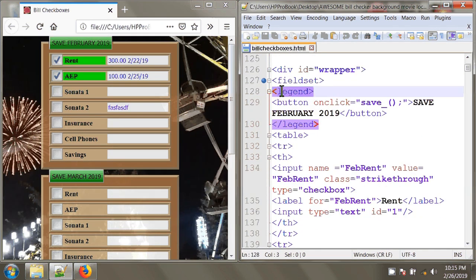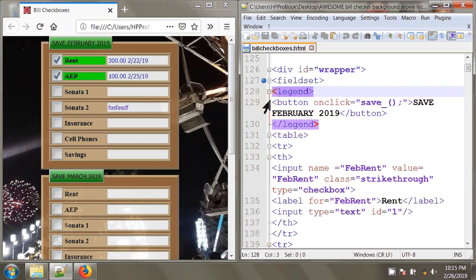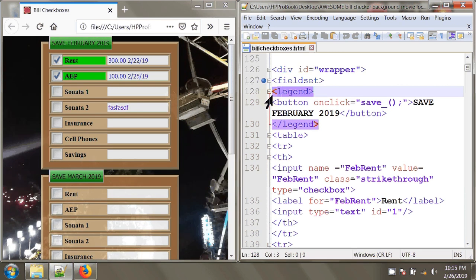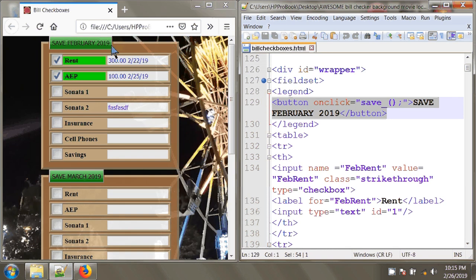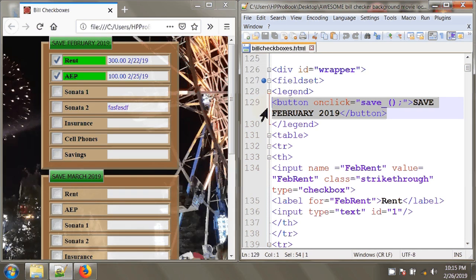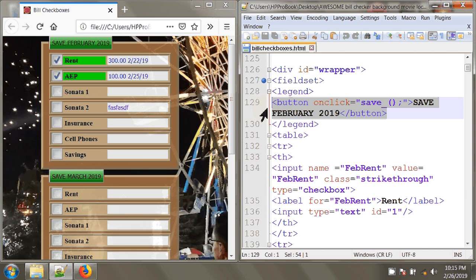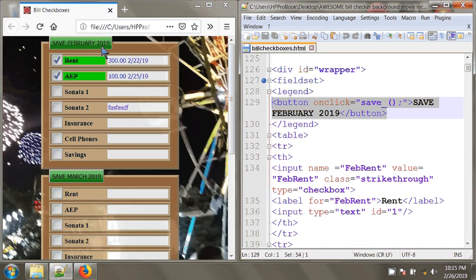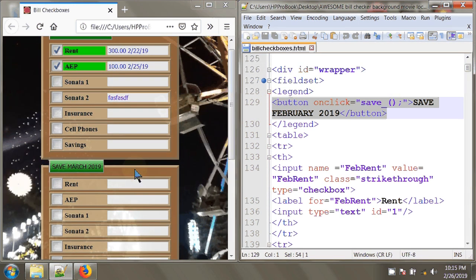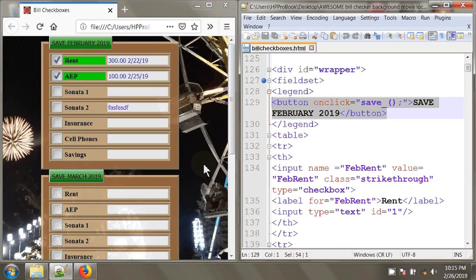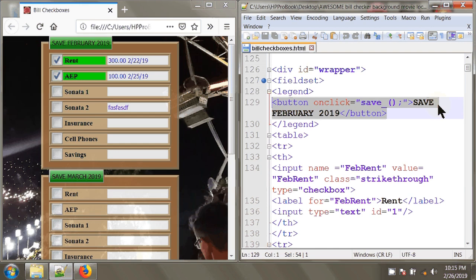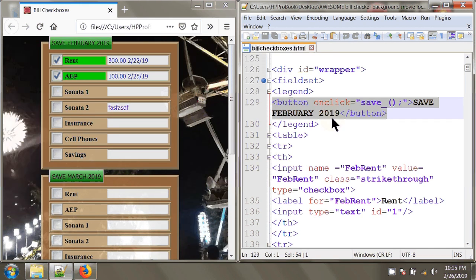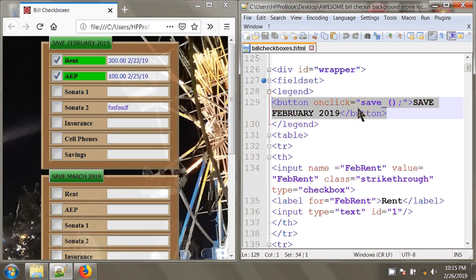Alright, after the field set tag we have the legend tags. And inside of that, instead of having just words to be a caption to this whole field set, we have a button. Button on click equals save. So we're calling the save function. So when you click this button or this one down here, you are going to call the save function. We'll look at that when we're done with all this. On the button it says save February 2019, as you can see. There's the ending button tag. Ending legend,